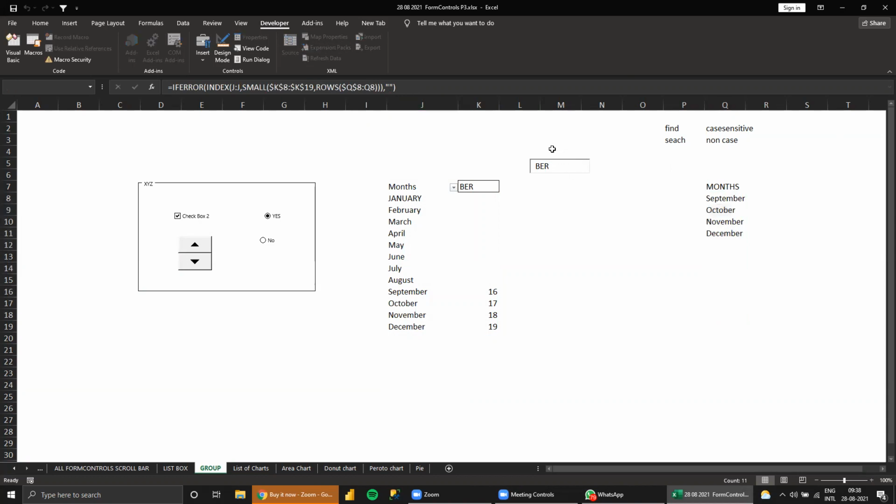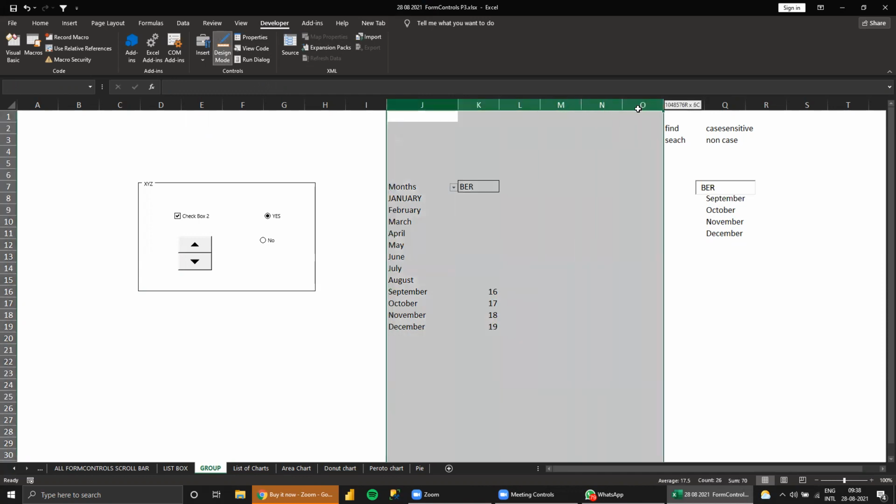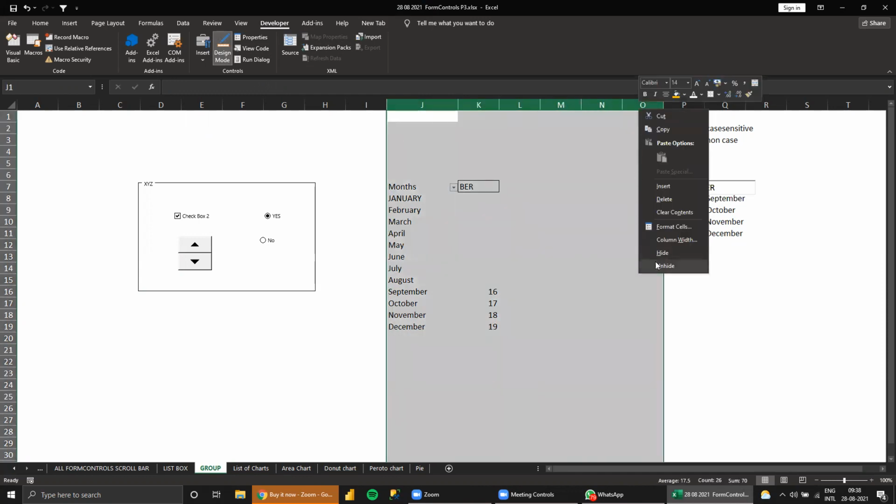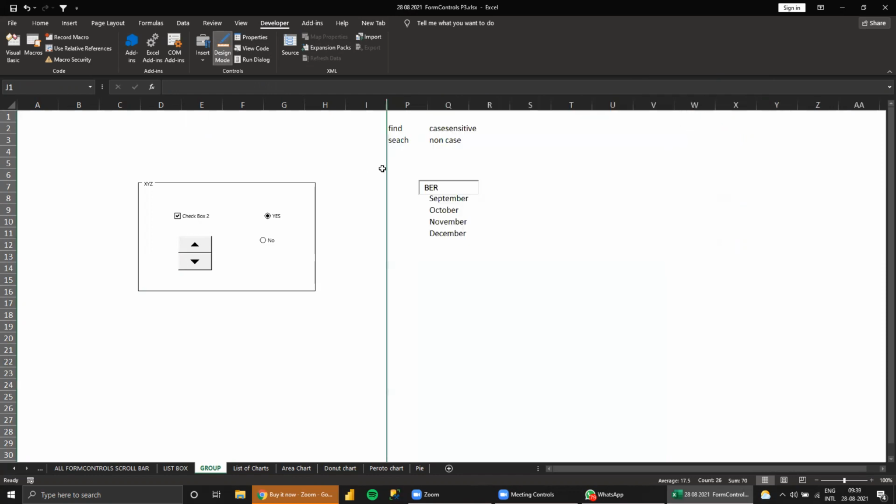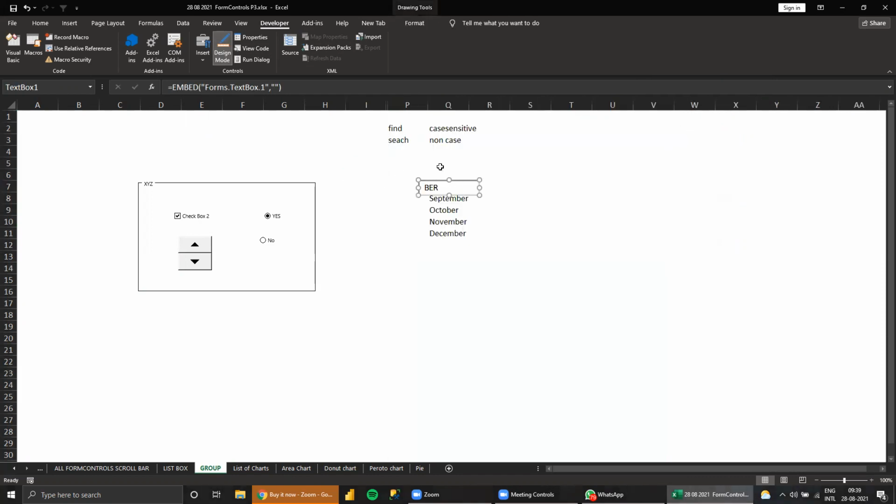You can now hide the helper columns. Go to the design, this can be kept here or here, then hide it. Now tell me what you want to search.